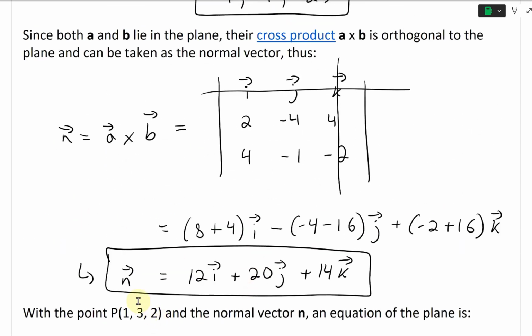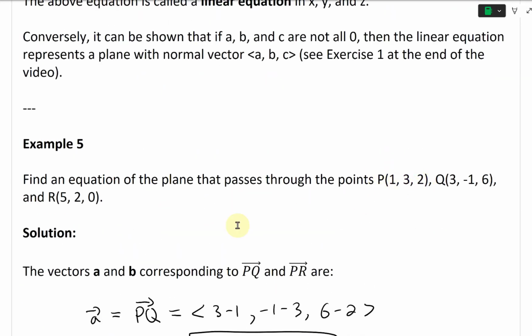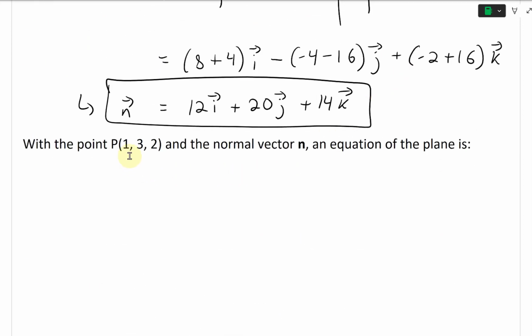All right, so now that we have the normal vector, and we also have the point P is 1, 3, 2. So yeah, we have a point right here. We could pick any point, I believe. Should all work out. But again, we did P, then PQ, PR, so we'll use the point P, 1, 3, 2. So with the point P is 1, 3, 2, and the normal vector n above here, an equation